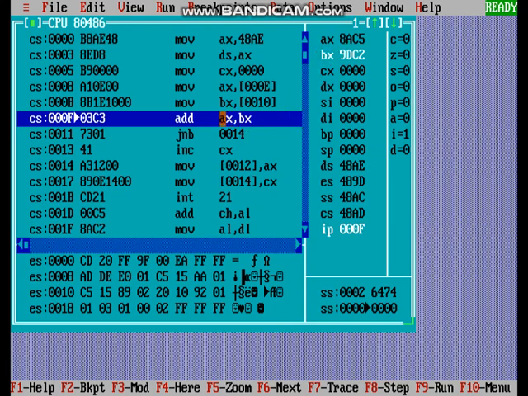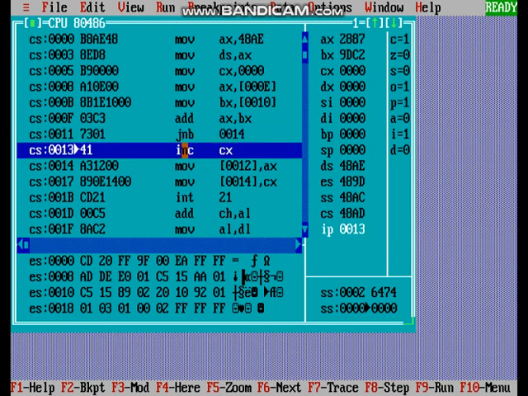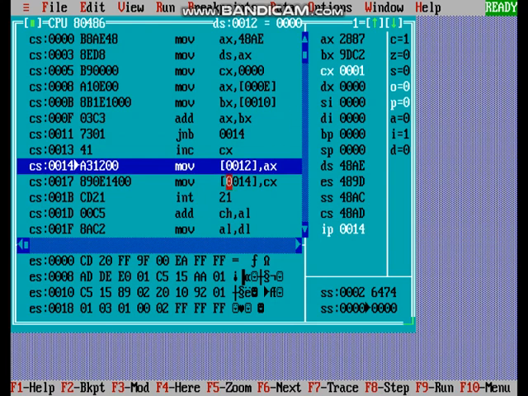After performing this, the result is stored in AX, and this indicates that carry is generated. This instruction checks for carry, and we can observe here that carry is generated. So it does not jump directly to this instruction. It first goes to this instruction and increases the contents of CX. Initially it is 00, now it is increased by 1.